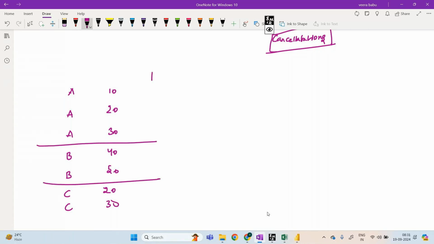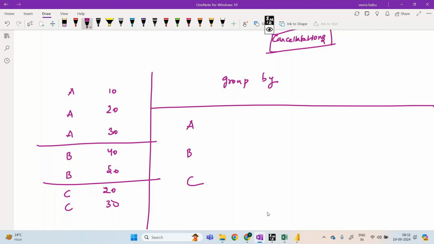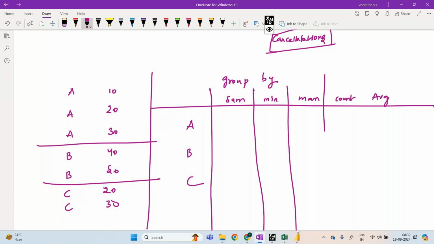How group by performs, I'll show you. Group by works in this way. A, B, C. Here sum, min, max, count, average. So how it works means,